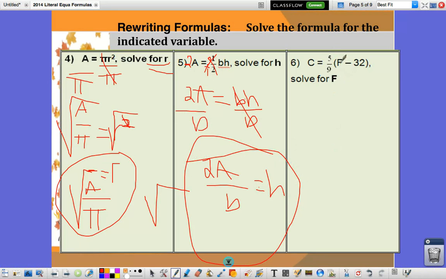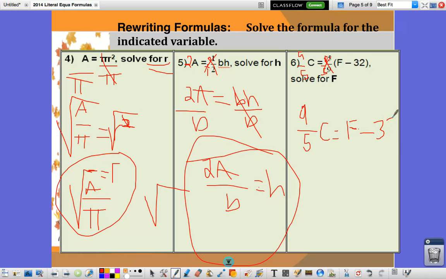Here we have to solve for f. So we'll actually have to distribute first. Don't forget that. We're going to make it easier for ourselves. Multiply by the opposite of this fraction. 9/5 is the opposite. This will kill the 5/9 on this side. But whatever you do to this side, you have to do to the other side. So we have to do 9/5 on this side too. So now we have 9/5 C equals F minus